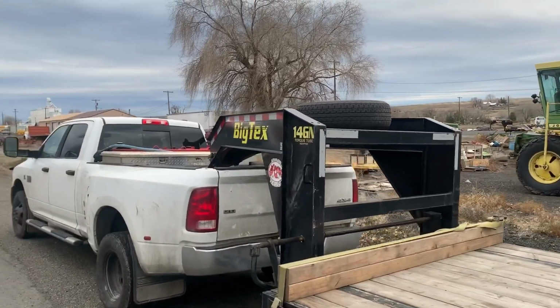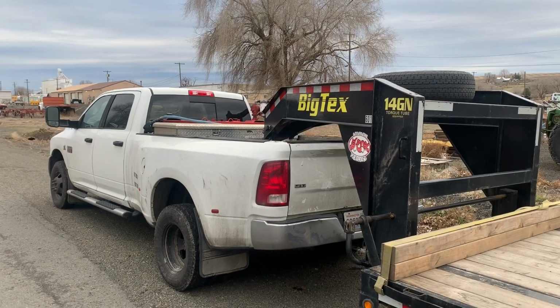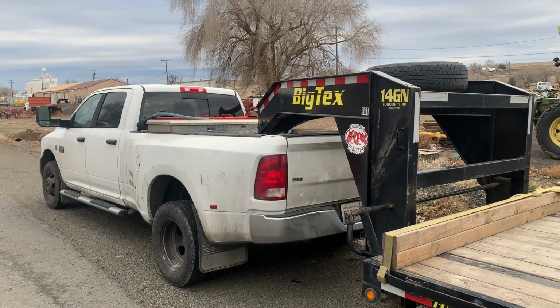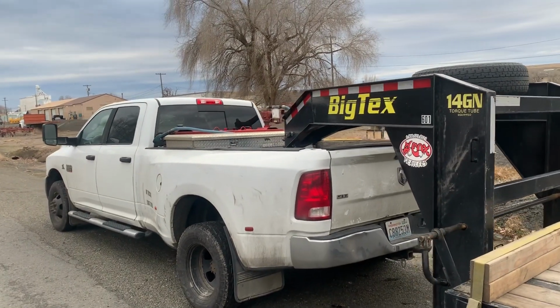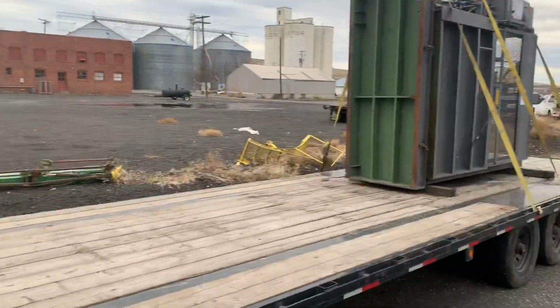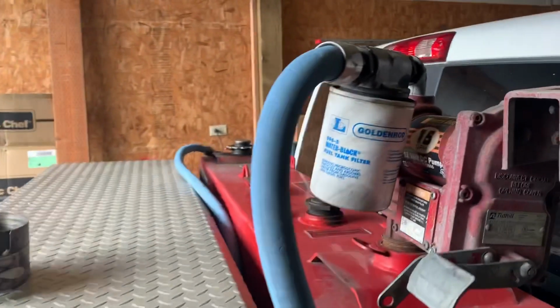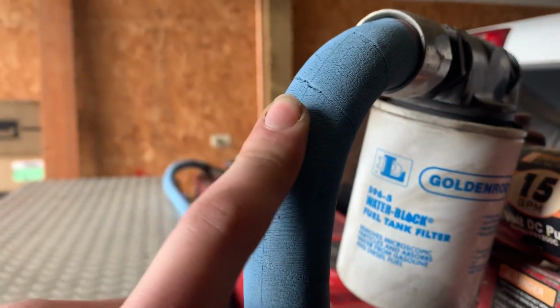So I'm gonna unhook this truck here. I gotta change the oil on it. The new exhaust came in that I gotta put on, and a bunch of other things. Replace the fuel hose and some other stuff. So if you guys are interested in seeing that and the maintenance I do on it, then stay tuned. So one of the things I noticed is my fuel hose is starting to show some little cracks,